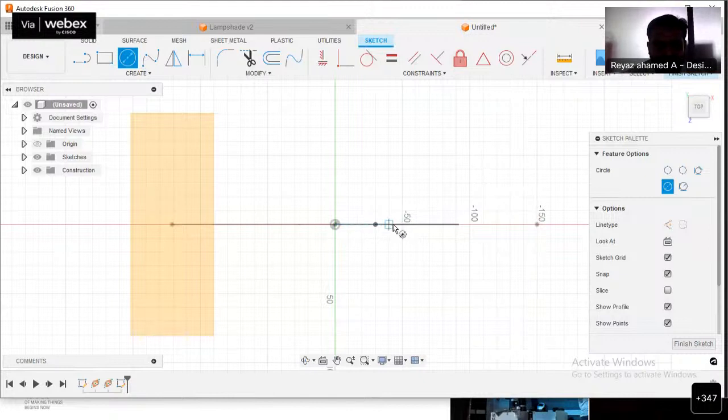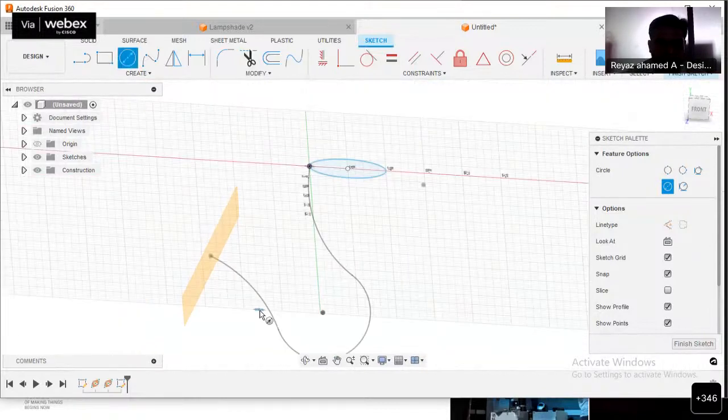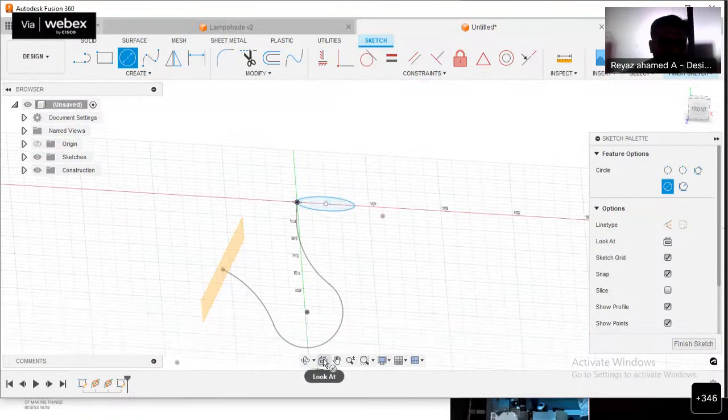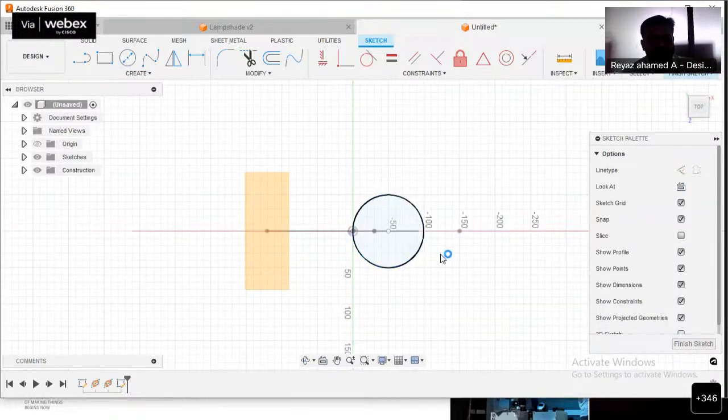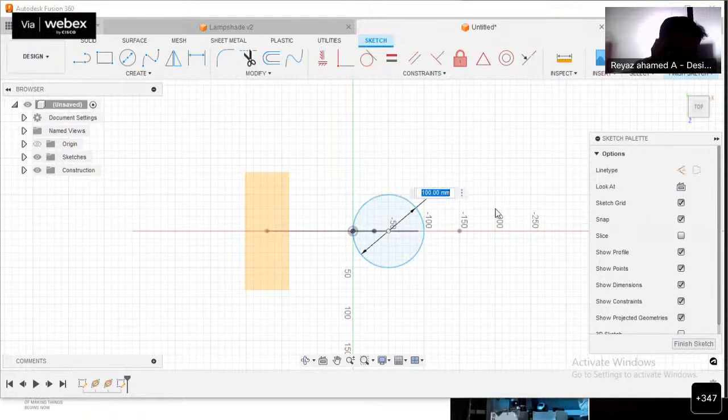See, let me click over here. And then this is our endpoint. See, for reference, you may rotate your drawing view with the help of shift and the central scroll button. See, I'm going to create a circle in such a way. Okay. So I created a circle and then give the dimension value. So just go with the dimension and then select the circle, pick a point outside, and then it asks to give the diameter. So the diameter we already know, it is 60 mm. Just give 60 and then click on enter.